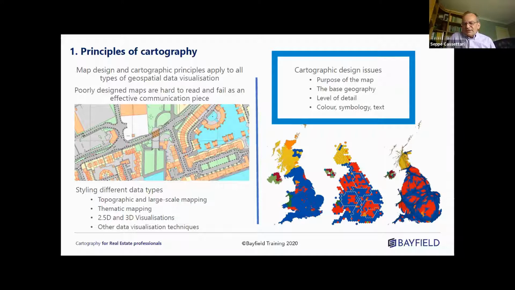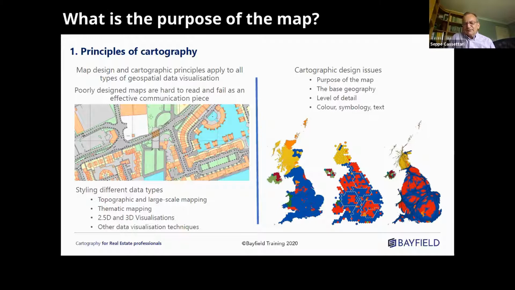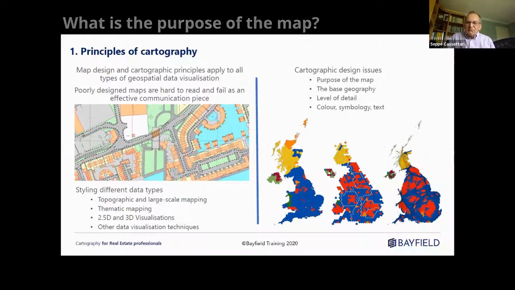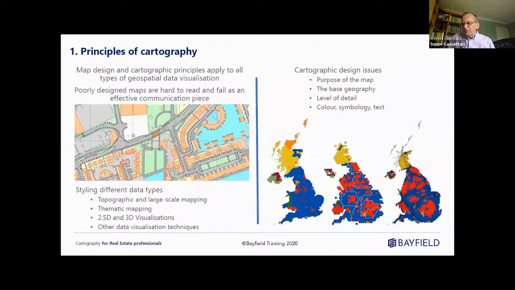To my mind, the first of these, and the most important, is what is the purpose of the map? What are you trying to achieve with it? It's worth asking yourself that question before you start diving into a design process. Is it going to be published as a large traditional paper sheet? Very rarely these days, but still some are being done. Or is it going to be added in as a small insert into a major report? Or is it going to be used online or in some project app? You need to think carefully about the purpose, because that dictates everything you do in the design process.